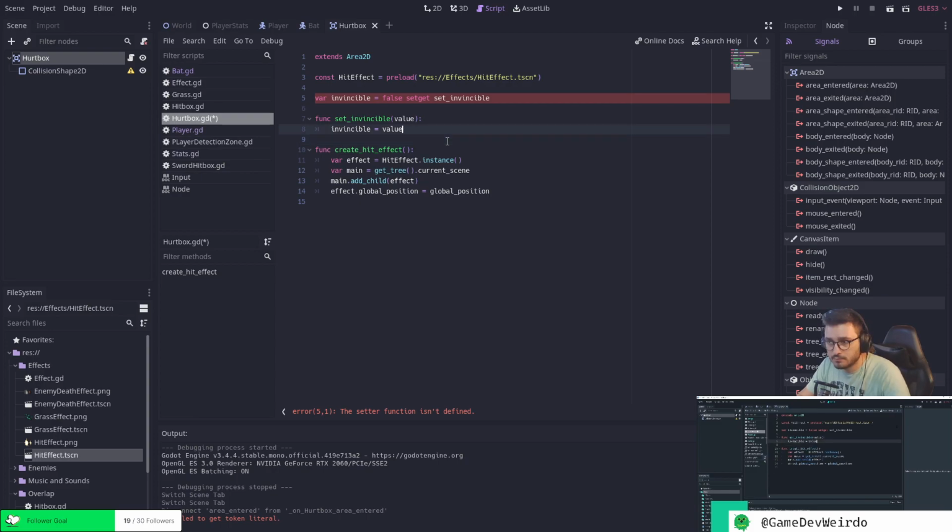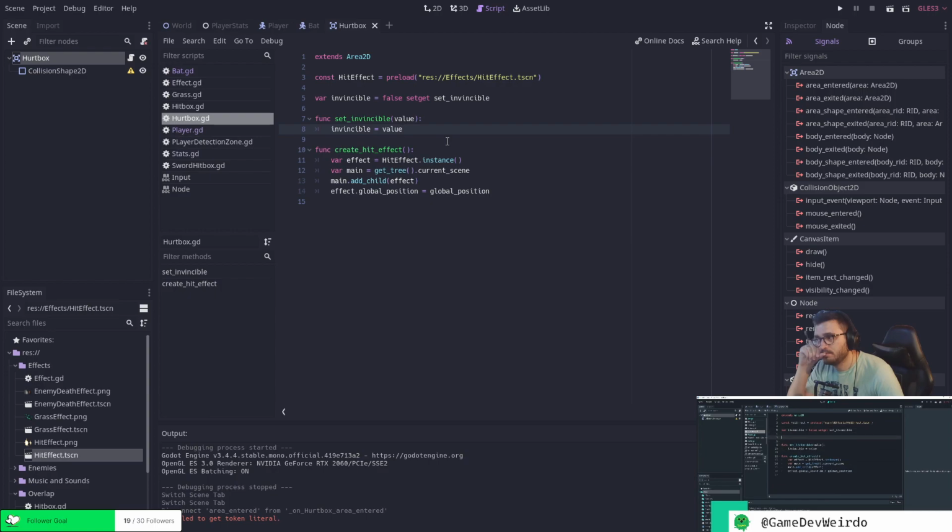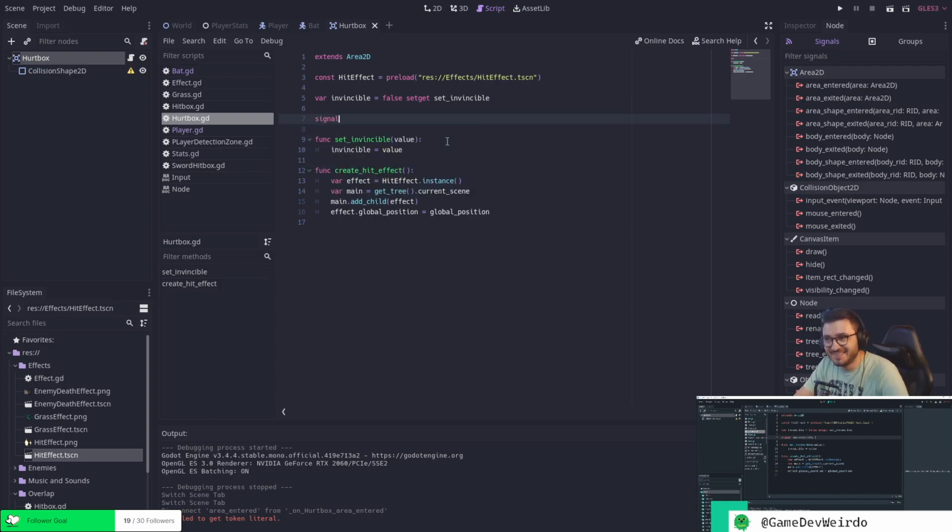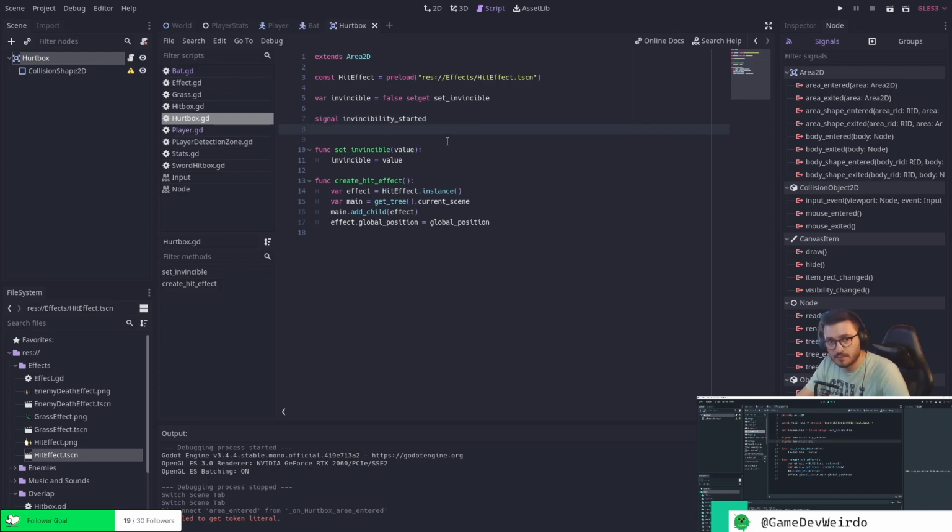So then we want to be able to signal out, signal up to our player or enemy whenever the invincibility starts and when the invincibility ends. So we're going to create these signals. Jesus Christ, it's so hard. Signal invincibility started, and then signal invincibility. Man, that's a hard word to type. Ended. Yeah. Ended. Hopefully I spelled it right. Invincibility started, invincibility ended, and then we can say if invincible